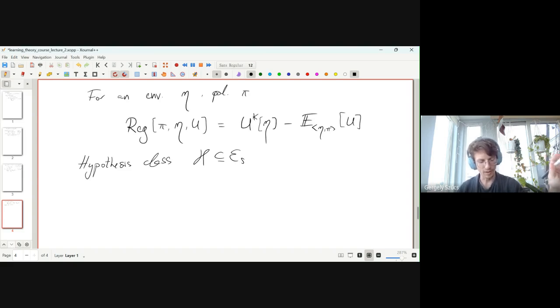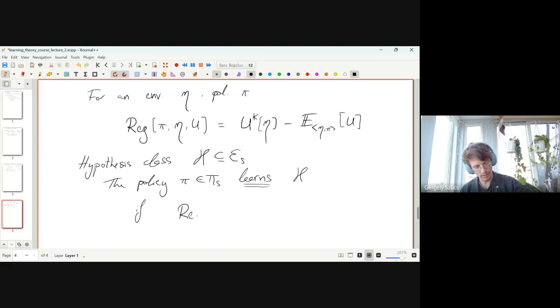These are the hypotheses of possible environments that we consider. So given a hypothesis class H, we can say that the policy pi learns the hypothesis class H if the regret